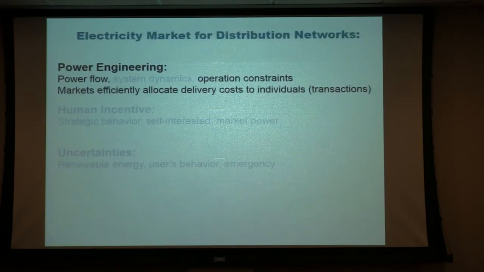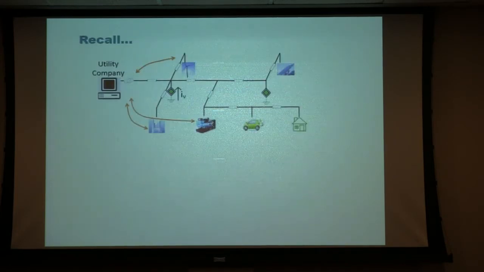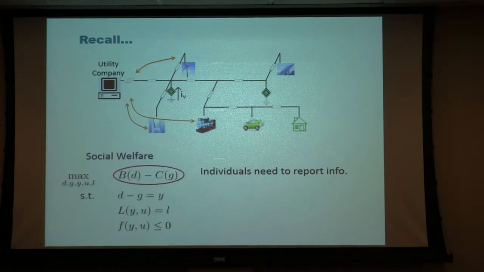Okay, so we'll come to the last one. Because I'm running out of time, I'll just give you some idea of what my program is working on. This answers the question John was asking about information. In this scenario, individuals need to report information. For example, I would assume individuals can report their benefit cost function. The big challenge is, why should I report my true information? I'm going to report whatever information makes sure I get more money. This is a big trouble when you deal with humans. You cannot control humans. Otherwise, people are going to opt out from the market and not participate at all if you don't give some flexibility.